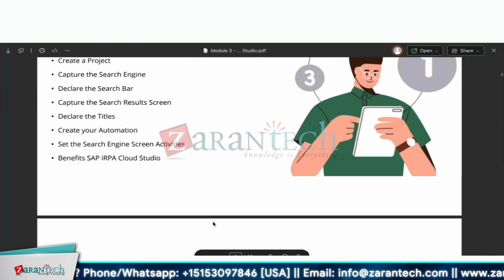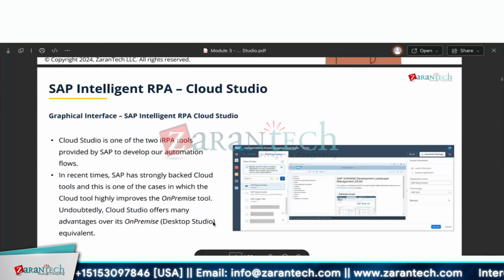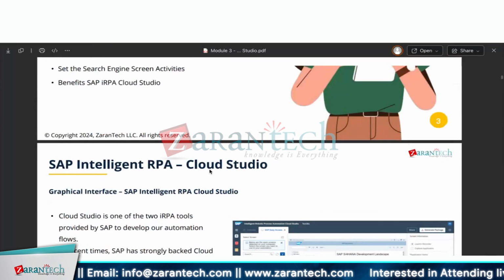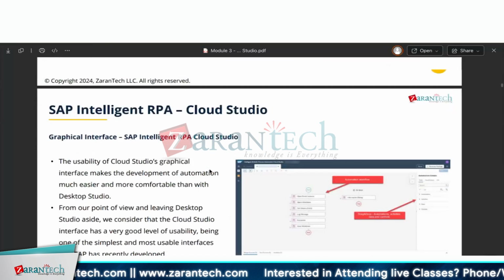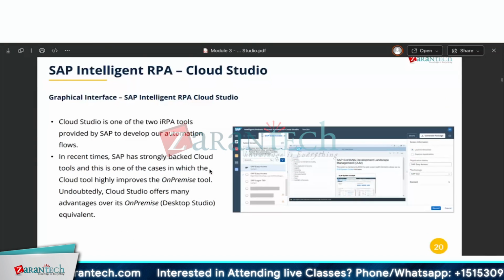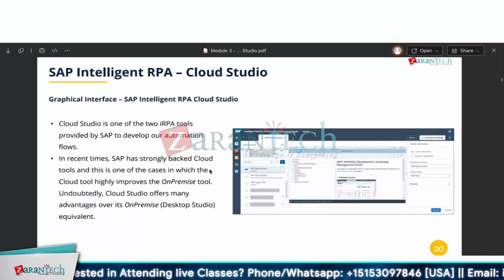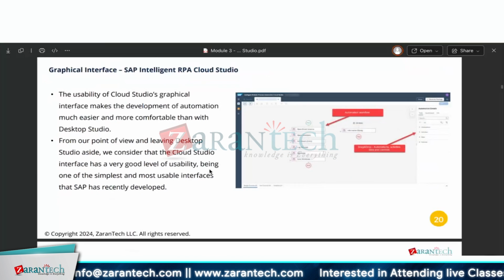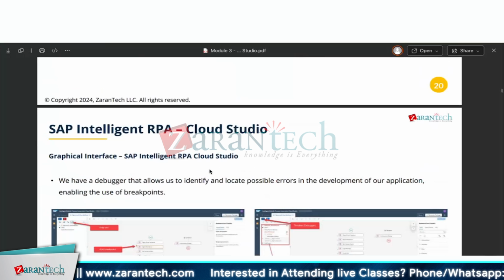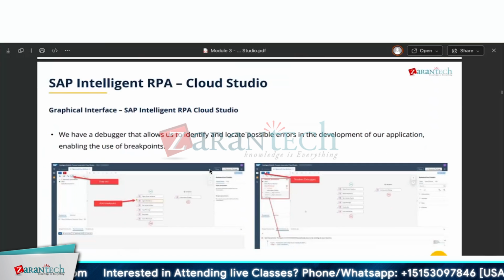Check that we are in module 3 right now. Please go through what the module 3 topics are that are given in the slides. Actually, I think I have covered most of the topics given in this. If you have any doubt, once you go through all this, please let me know. We will see what are the things that you have. And apart from this,